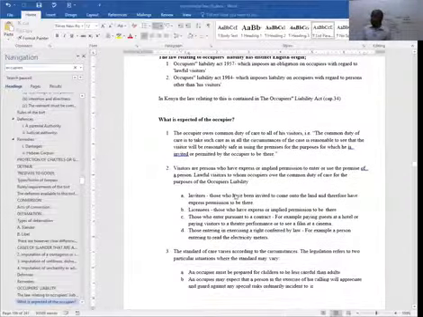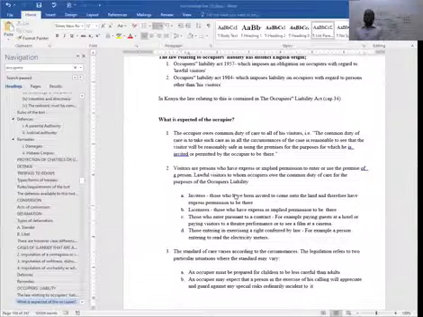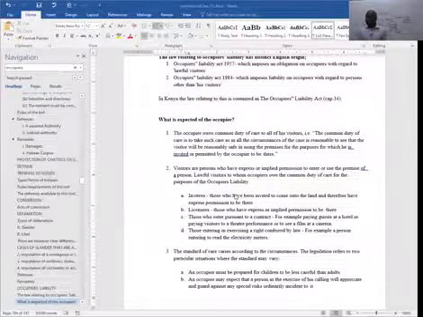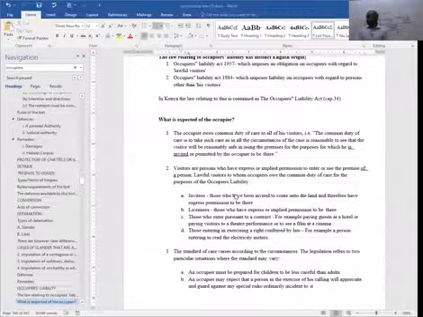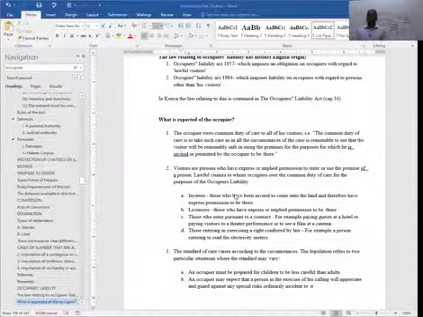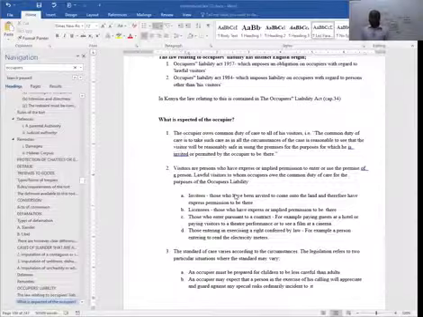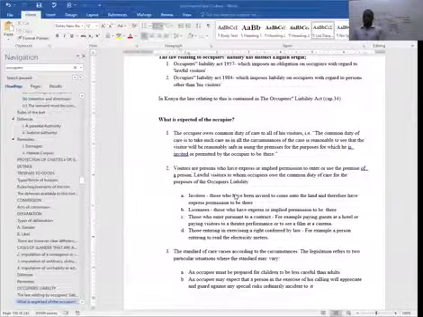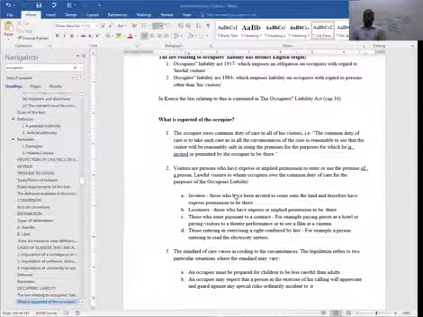The occupier owes a common duty of care to all his visitors. He has a duty of care to all the visitors coming to that supermarket or premise, to ensure their safety. The common duty of care is to take such care as is, in all the circumstances of the case, reasonable to see that the visitor will be reasonably safe in using the premises. Number 2, visitors are persons who have express or implied permission to enter or use the premise of a person, those who have been licensed or allowed under the law.